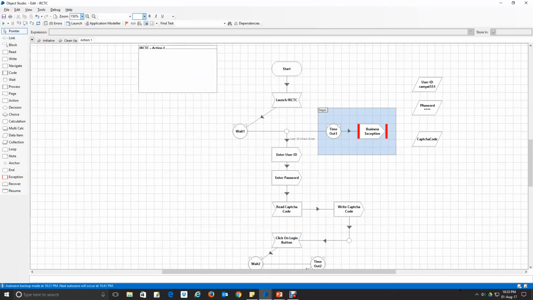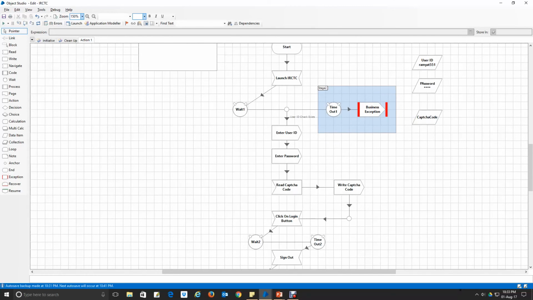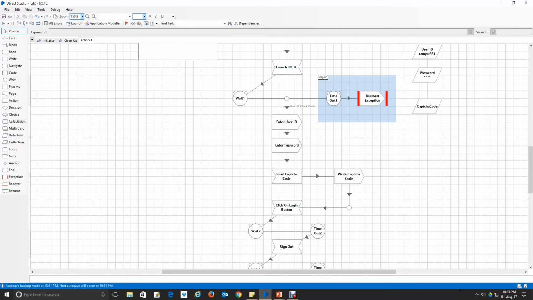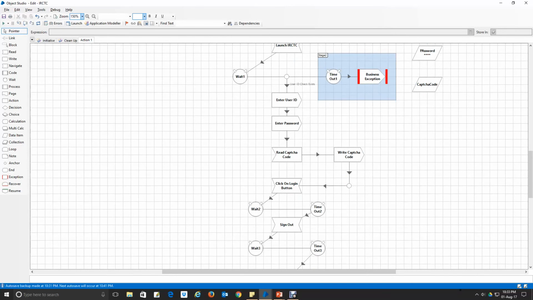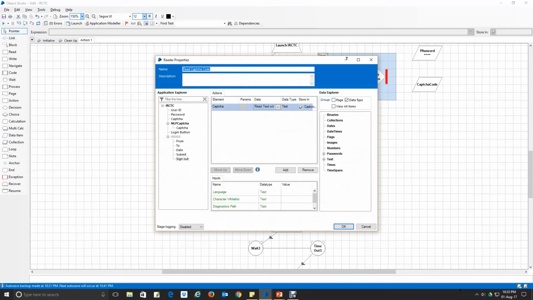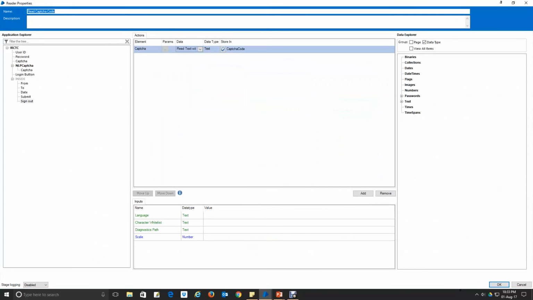So let me walk you through the process that I have designed today. The very first thing is start and launching the application. From there I will wait until the application is launched. Once it is launched, it will provide the username and password. Here comes the new concept called reading the captcha. I already told you it's a new concept, reading a captcha code.